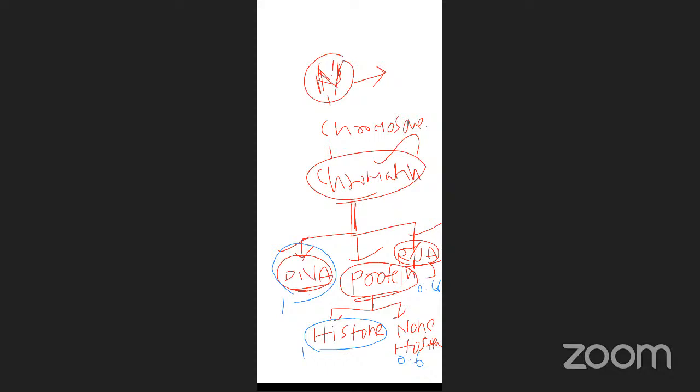That means in chromatin arrangement, DNA 1%, histone protein 1%, another chemical compound non-histone 0.6, and RNA 0.6. Of course, it's somewhat less when compared with non-histone protein also. In this chromatin, mainly DNA and histone protein are highest, and very little RNA. This is the chemical composition of chromatin. Let's see the proteins in detail: histone protein and non-histone protein.